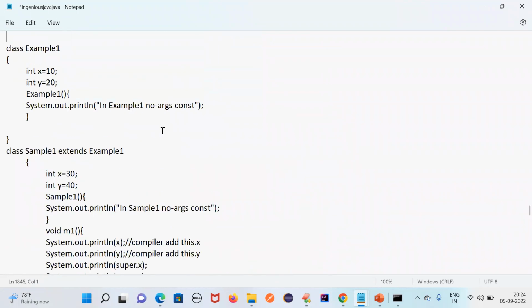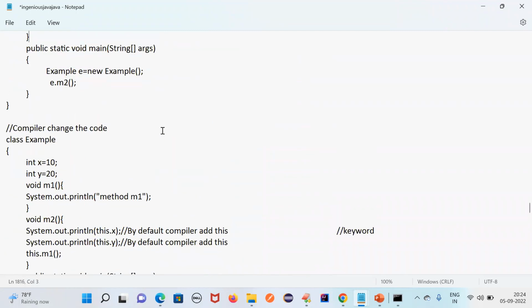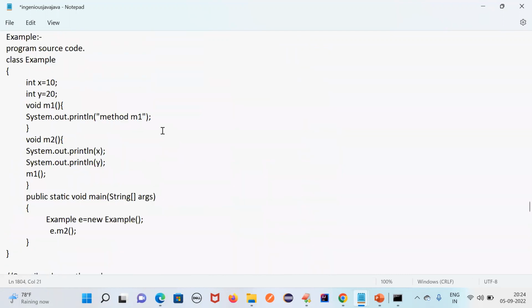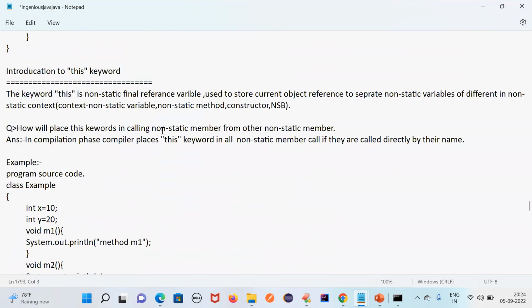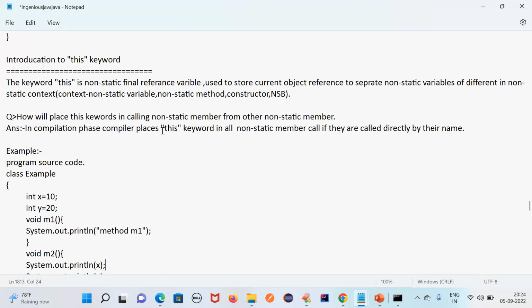Okay, I have one more important thing. You guys, we have already used this, but I'm going through the theory so you will get more clarity. You can see we have used the this keyword many times, right? Many places we have used this keyword already. So what is the this keyword? This keyword is only applicable for non-static members. And why we use this keyword and what its use is, we'll see.